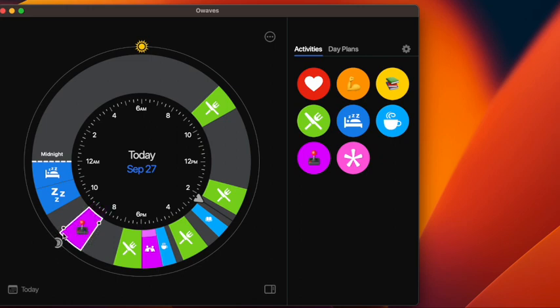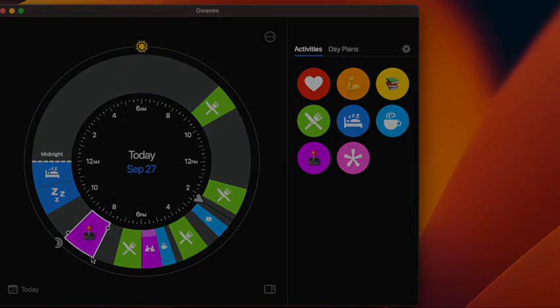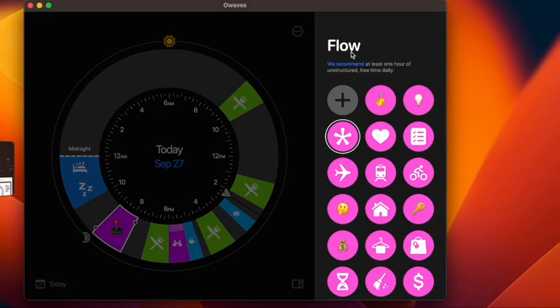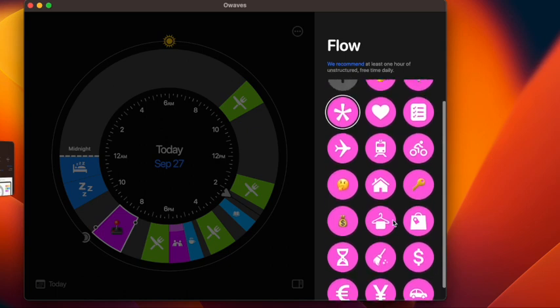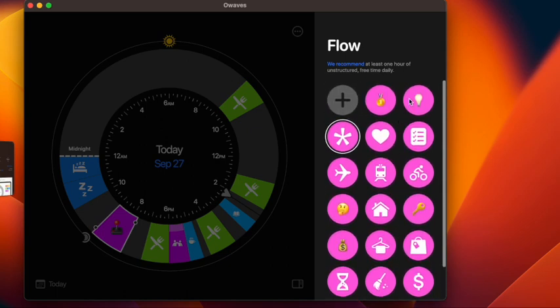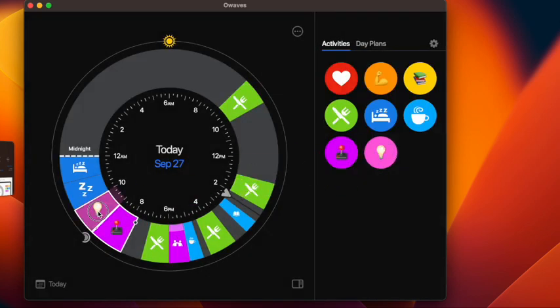So when I click from down here, I could change the end time, but when I click from here, I could change the start. From here, start time. Right now we're looking at this time block, which is flow, and it's like unstructured free time. So you can do whatever you want. Like, here's all the different icon options for ideas. It could be just relaxing. So we can just put that here, like this is an example, 9 to 10.